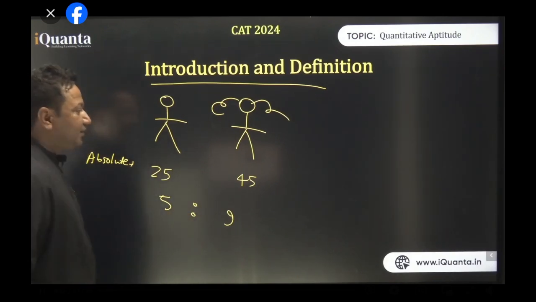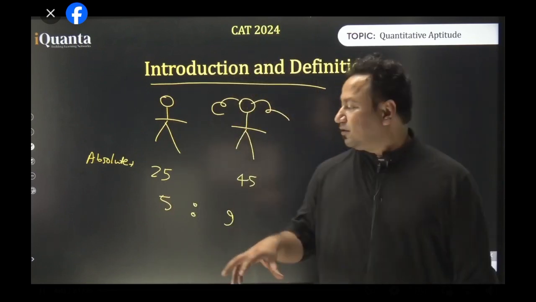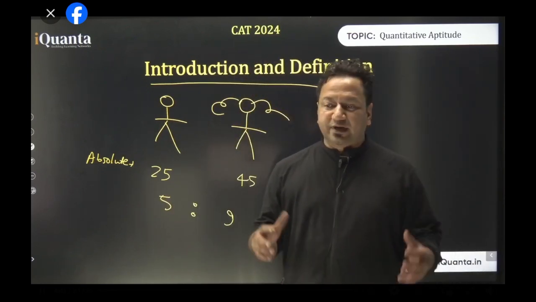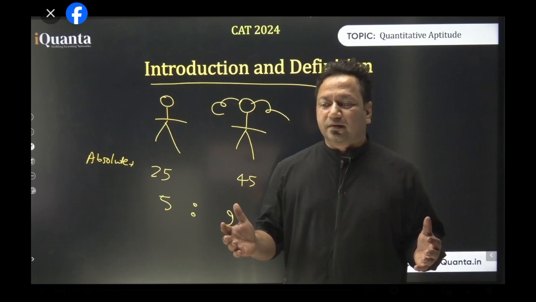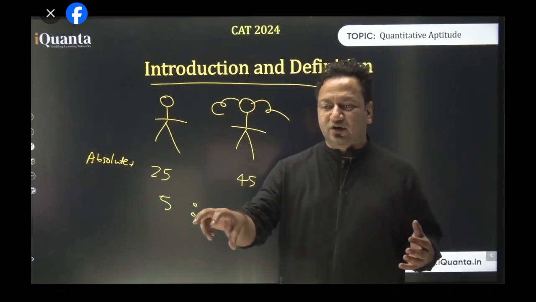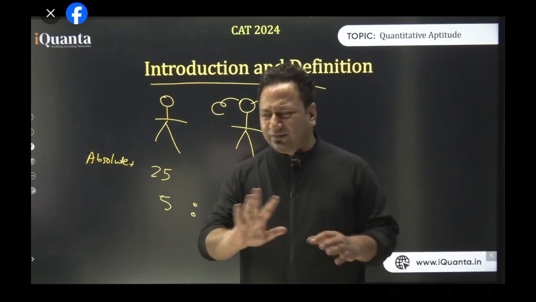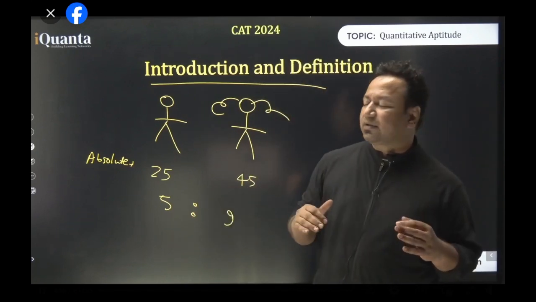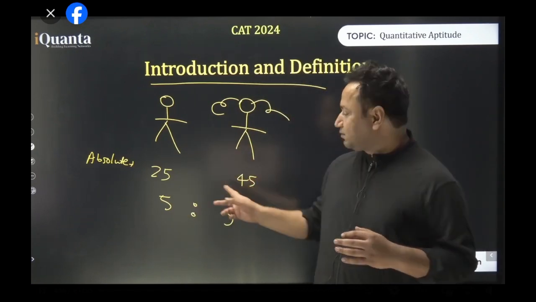Okay, we can also say that for every 5 chocolates that the guy has, the girl has 9 chocolates. We can say that as well, isn't it? The various ways to say that. I know you know the answer, 5:9 वो नहीं करना है. Interpret कैसे करना है information को, that is what I'm telling you. For every 5 chocolates the boy has, girl has 9 chocolates.